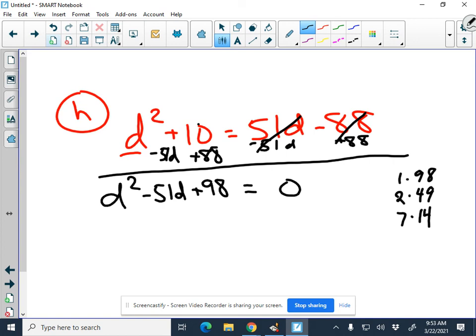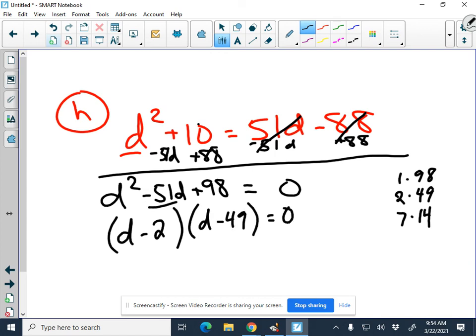They have to add up to 51. And 49. Make them both negative because they got to be negative 51. So d is 2 and d is